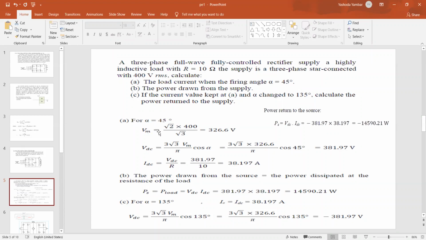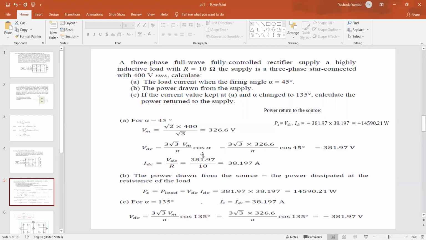So what is the explanation I have just given? Phase voltage is line voltage by root 3. Okay, but we require RMS. If you calculate RMS directly, VRMS equals 400 by root 3 per phase. But we require the peak voltage here. What is the formula for peak voltage? Root 2 into VRMS. Therefore Vm equals root 2 into VRMS, and we require the phase value, so root 2 into 400 by root 3. Substitute, any one student, you will definitely get 326.6, right? Yes, sir. Now substitute directly in this formula.